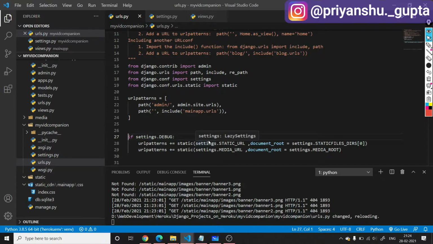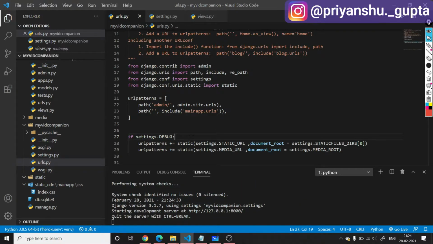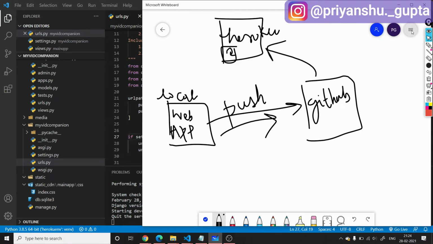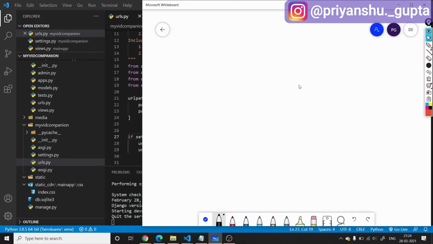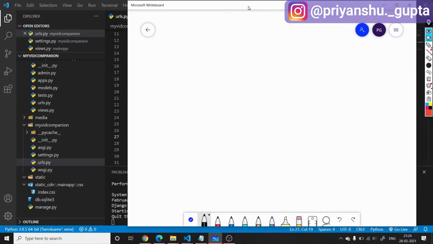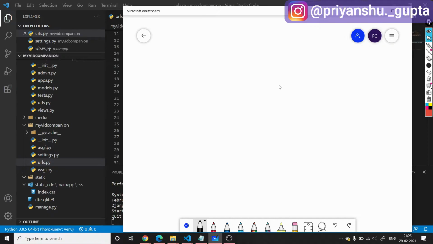So if you want your Django application itself to serve the static and media files, like if you want to add extra load on your Django application, then you can use it for serving static and media files. But for that, you have to make certain changes here that I will show you now. So let's clear this canvas and see in what ways you can serve your static and media files. But before that,